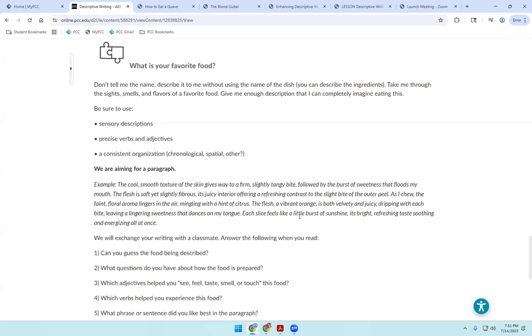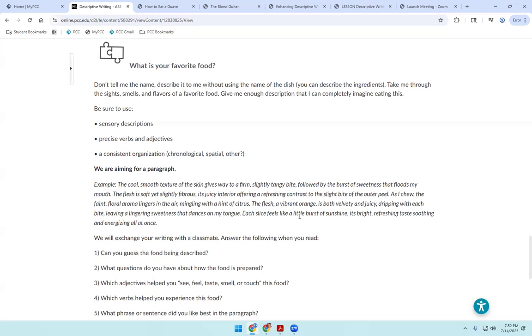I want you to describe it so that when you exchange it with someone, or if you're on Zoom, you read it to your classmates, they need to guess what food it is, right? So you can use all the terms to describe all the pieces of it, but don't just come out and say it's pizza. It's like, oh, the delicious crust, oh, the warm cheese, you're going to put it together to create a picture for us.